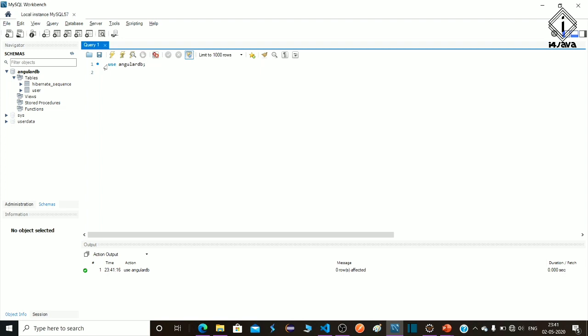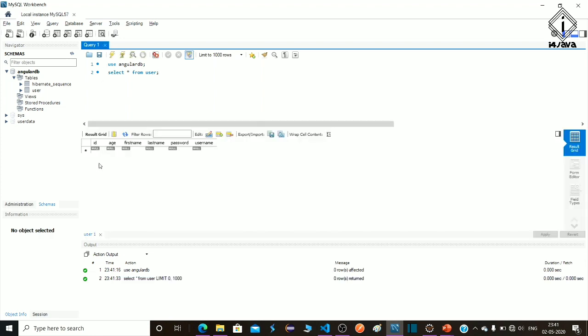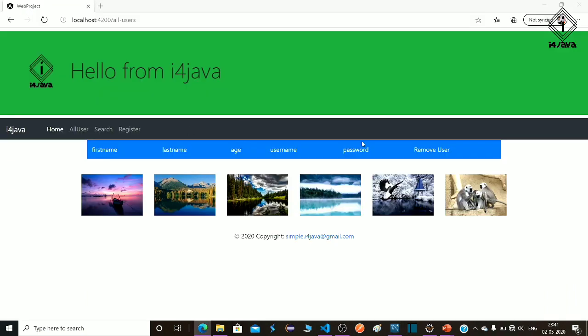Okay, now I'm connected with my database and now write a query to check all the users in this table. Select star from user; and Ctrl Enter. So here there is no data or records available in this table. Okay, so now let's jump to our browser and give some user details. So now we are on our application home page. Let's go to our registration page and add some records to the database so we can perform other operations also.